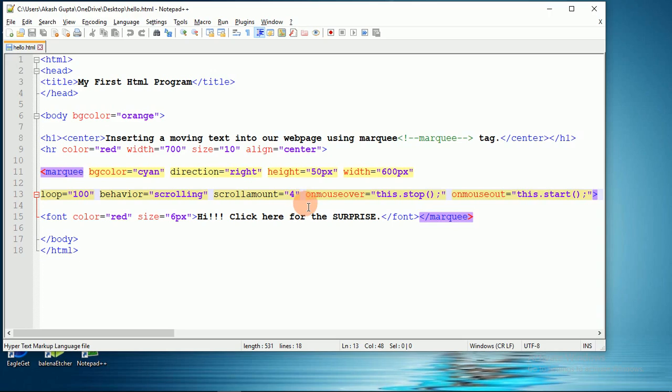Now onmouseover and onmouseout, these two attributes are event handling attributes.